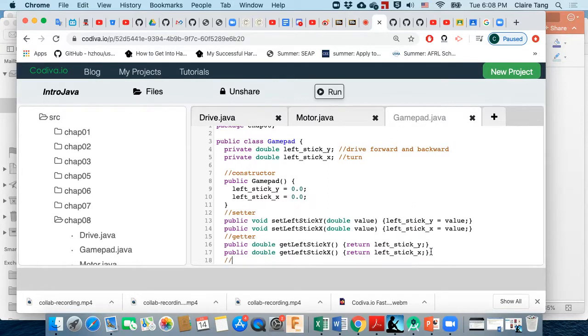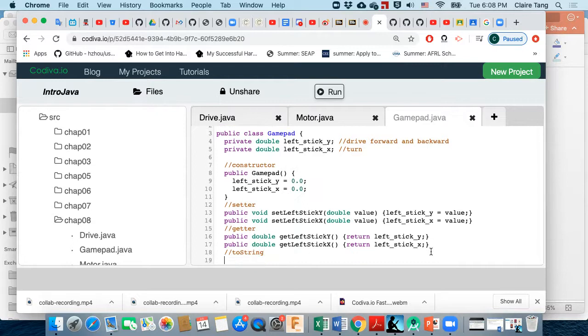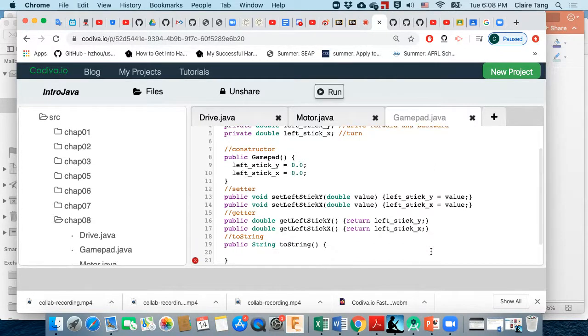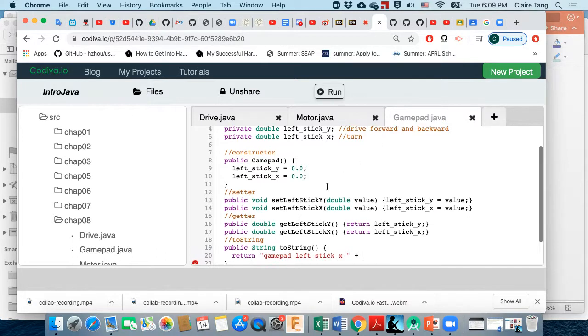Okay, and for the last one, the toString, right? To print. Okay, so we'll do public, and we'll return String, toString. toString again will allow us to print the information. So I can just return the string value. Okay, let's say gamepad left stick X,